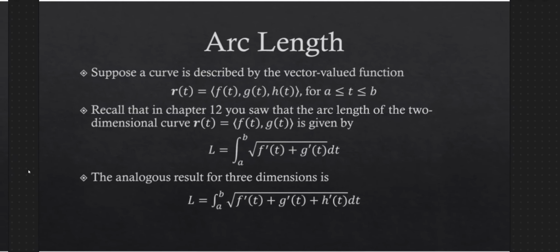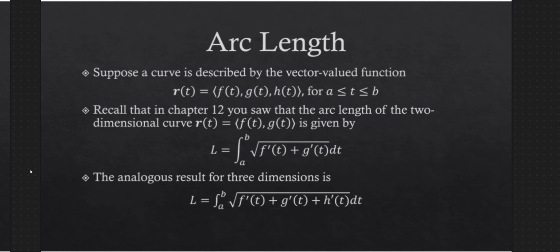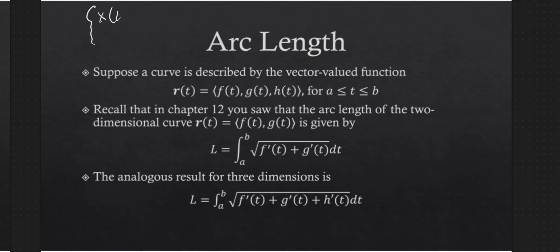So I'm going to ask you to recall, so this is multivariate calculus. It's assumed that you've seen arc length before for a parameterized function. Right, so when you had a parameterized function that looked like x of t, y of t, that you've likely seen before,